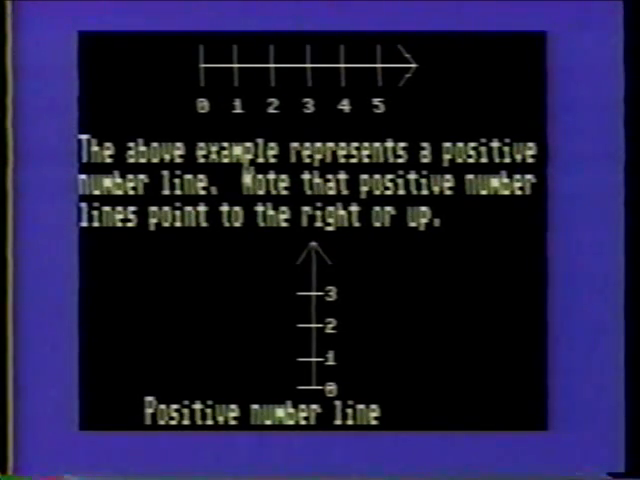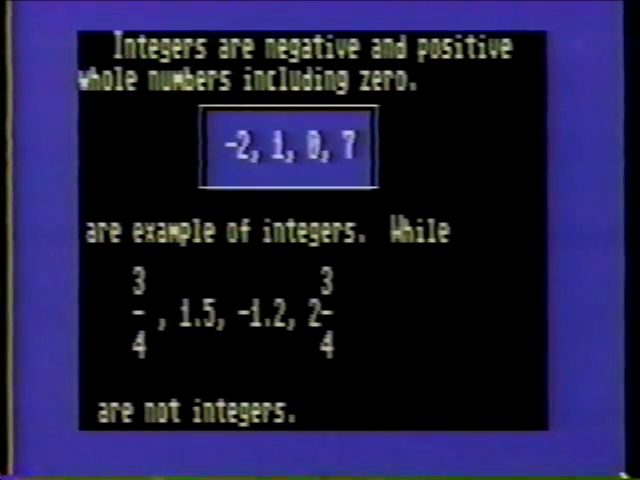Have you noticed that some of the numbers we've covered thus far seem to overlap? For example, positive and natural numbers have some of the same characteristics. Let's look at another number that possesses similar properties. Integers are negative and positive whole numbers, including 0. -2, 1, 0, 7 are examples of integers,